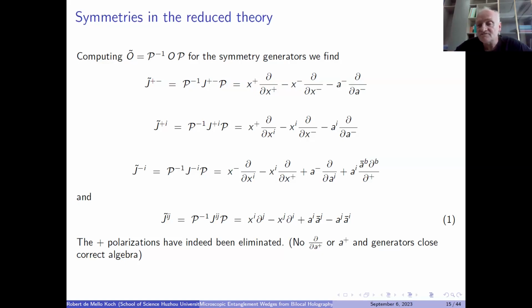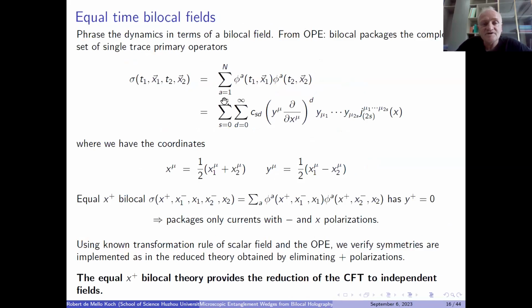The way we'll be performing the reduction in the CFT is that we'll be working with bilocal variables. So a bilocal variable is given by contracting the basic scalar phi A with itself. The first field is defined at t1 and x1, the second one at t2 and x2, and you sum over A. If you use the OPE to work out what is the OPE between these two fields, you'll find it's a sum over all of the single trace primaries together with their descendants. Here I perform the OPE about the midpoint of x1 and x2. So the operator after OPE is located at x mu, and y mu is the difference between